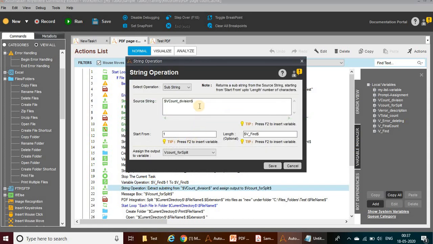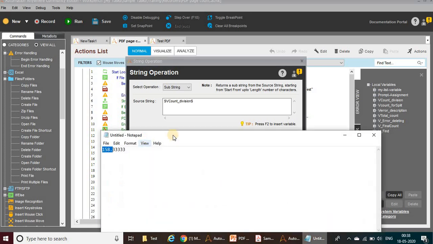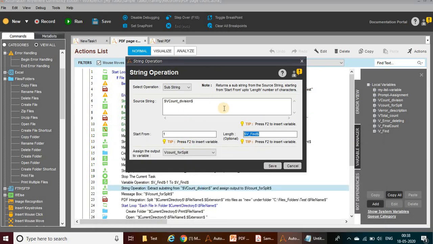Next, in the extract substring operation, I am going to extract the information. Here the string is the same, 158.333. Here the length: in the find we already got the position, right? In 158.333, the fourth character is the dot, so it will extract only the 3 characters.